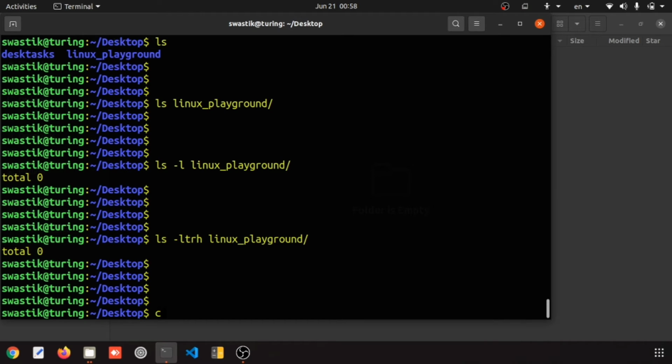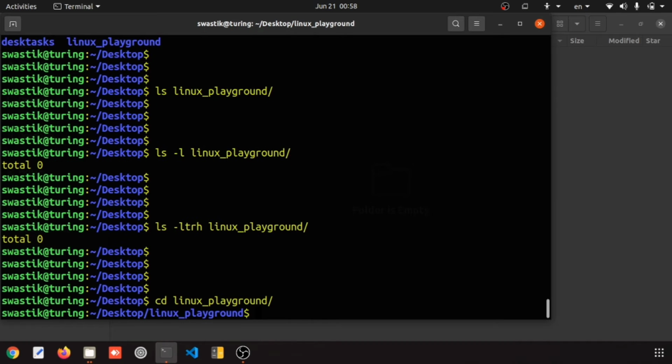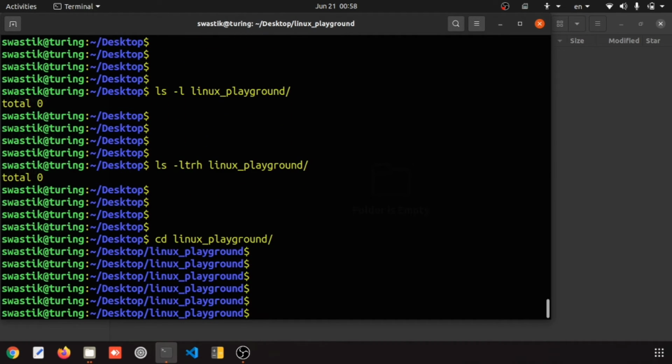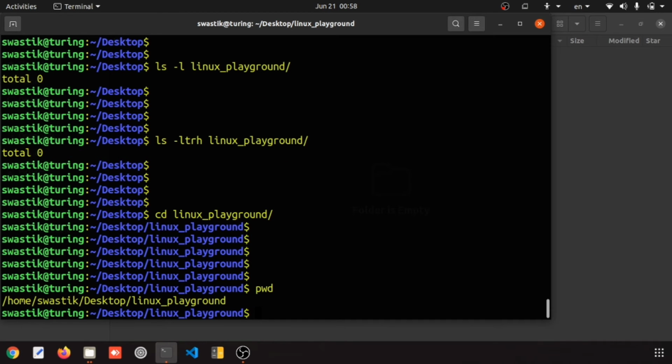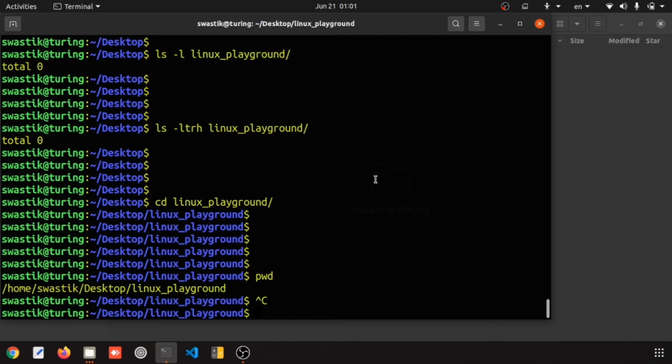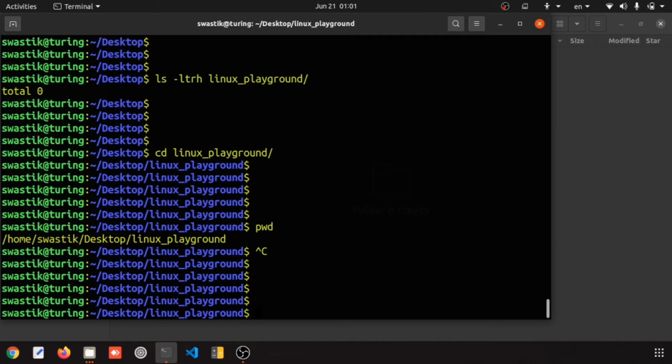Now we want to go to Linux Playground. So cd, change directory, Linux Playground. Now we are standing in Linux Playground. If you want to check pwd, you can see that this is the directory home, swastik, desktop, and we just created Linux Playground. Now we want some output that will tell us that this directory was created successfully.